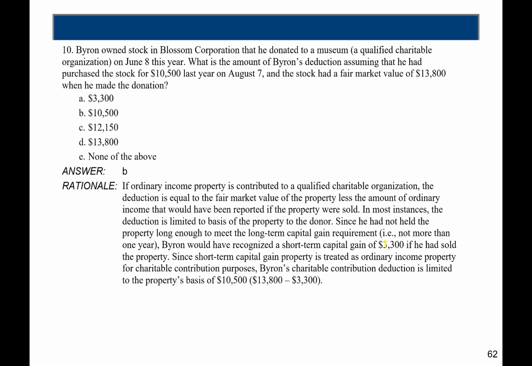What happens? It's tangible property that we have to worry about the unrelated use, right? This is not tangible property. This is stock. So the unrelated use is obviously, and you can never give stock to anybody, not for profit. They had applied that rule to things other than tangible property. So what is the amount of the deduction, assuming that he had purchased the stock for 10,500 last